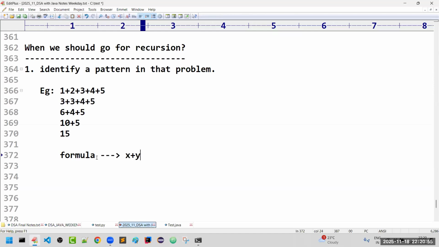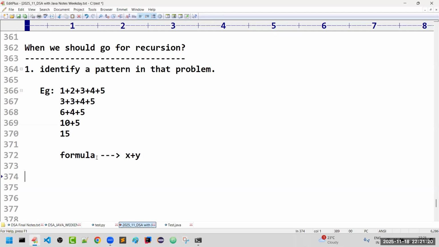What is the formula? x plus y. First we are taking the x value as 0, you will take y from the numbers and add. Like that we are repeating. This kind of pattern, maybe multiplication, maybe division, anything, you have to identify the pattern in that problem.